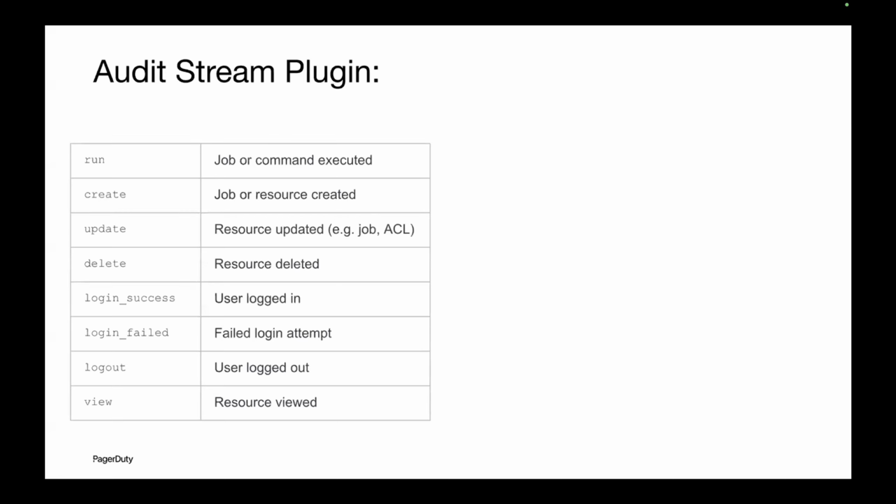So the events that we are collecting at this point will be job related events, so running, creating, updating. Somebody goes in and updates an ACL, then that will be collected. Users logging in, users failing, users logging out, and then viewing resources like nodes, for example. So the idea is configure the plugin, set this up in your configuration options, and this will start posting out